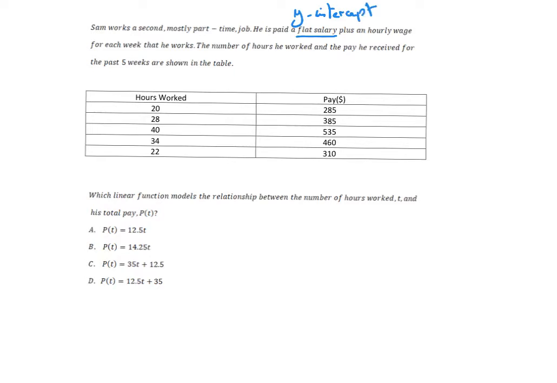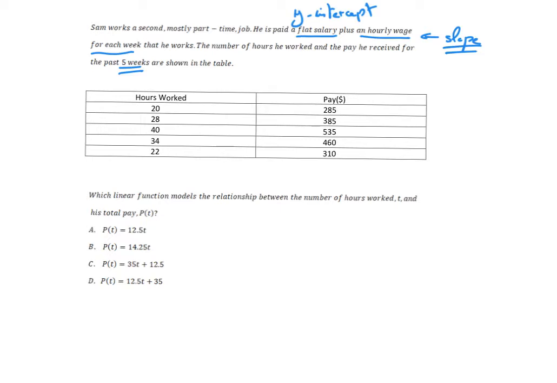Plus an hourly wage for each week. That represents the slope, an hourly wage for each week. That's usually what represents the slope here, right? The number of hours he worked and pay he received for the past 5 weeks are